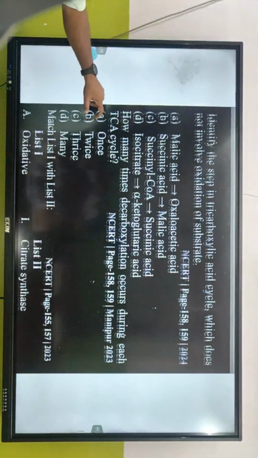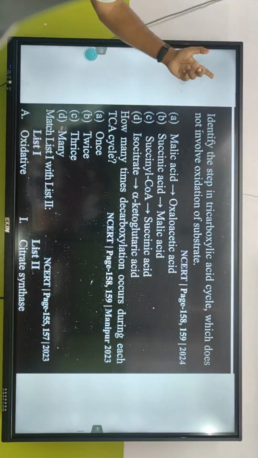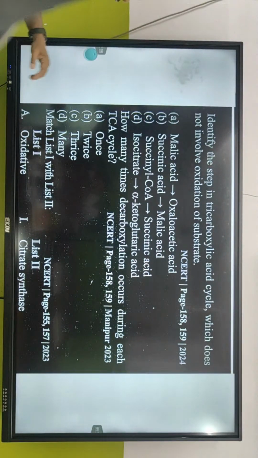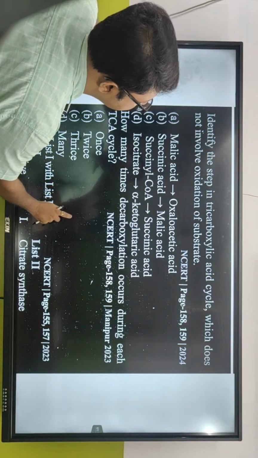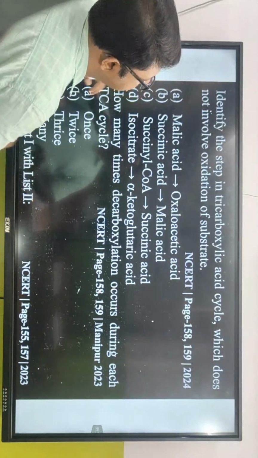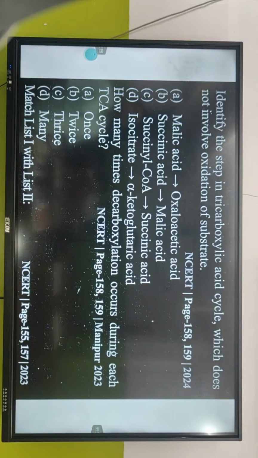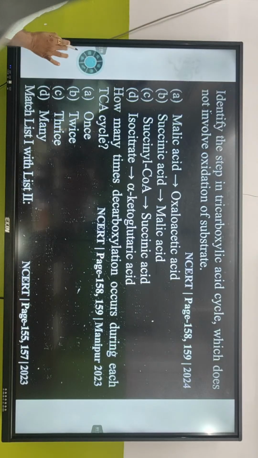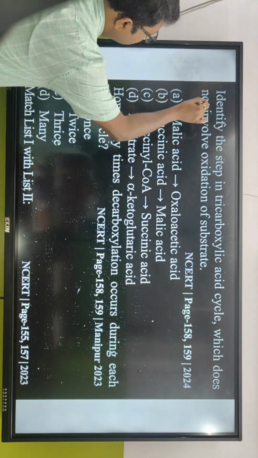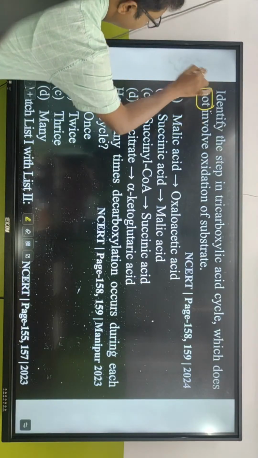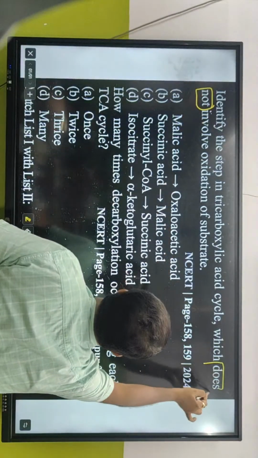এটা কর, ওটা না। ওই কোশ্চেনটা না করলে ভালো হতো, ETS করানোর পরে করলে ভালো হতো। এটা পারবি? Identify the step in tricarboxylic acid cycle which does not involve oxidation of substrate. Does not, mind you that, যখনই এরকম 'does not' আসবে, এরকমভাবে মার্ক করে নিবি। মার্কেট 'does not'। চলো।